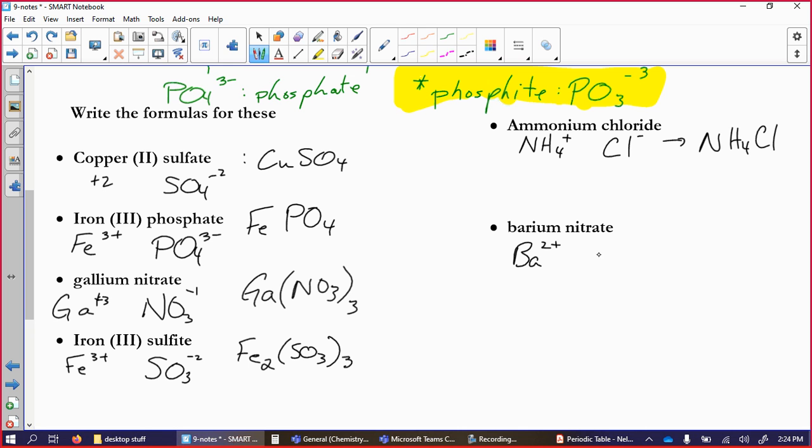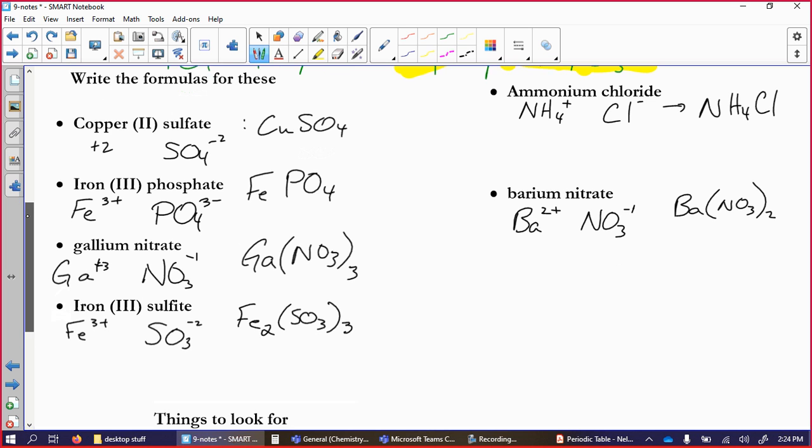Barium from your periodic table is 2 plus. That's NO3 minus 1. Just like if we had barium chloride or any mono negative, we need 2 of the nitrates. So all we're adding is one extra thing. Down at the bottom,